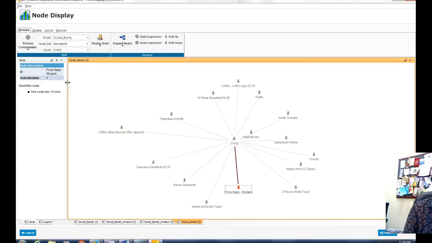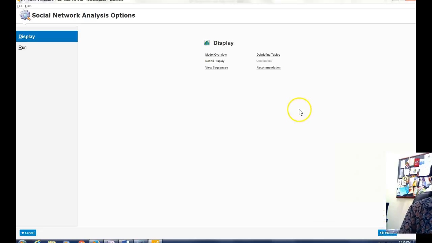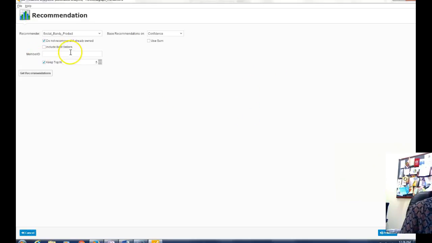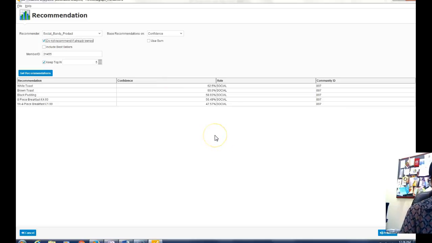From here we will want to carry one more analysis of this data. We click on to previous, go back here, go for recommendation, and then enter the member ID, which is, we are dealing with 31455, so we will put in 31455, and we will just leave all the default settings, and top 5 recommendation we are going for, and just we go for get recommendations. So now take a screenshot. This is your last screenshot. These are the top 5 recommended items for member ID 31455, and you will see, look into this, these are mostly all breakfast items. Okay,